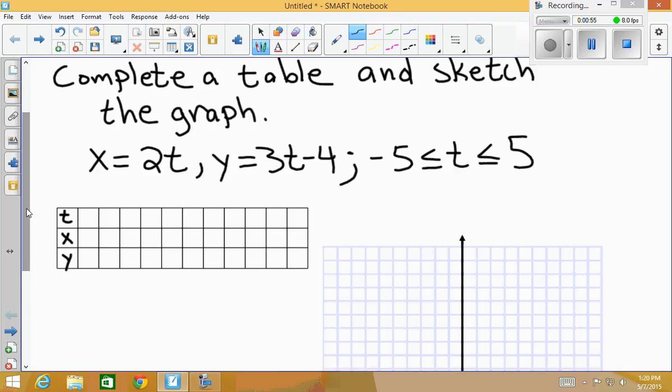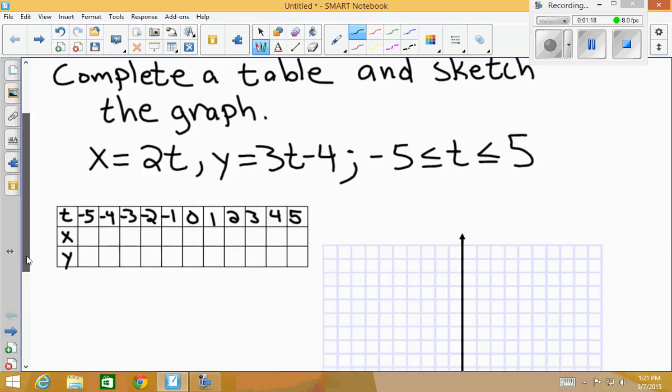And we could pick, for instance, -5, -4, -3, -2, -1, 0, 1, 2, 3, 4, and 5. Of course, there's nothing special about these numbers, but they are in the interval, and they do make things pretty easy to calculate. So just to do a couple of examples